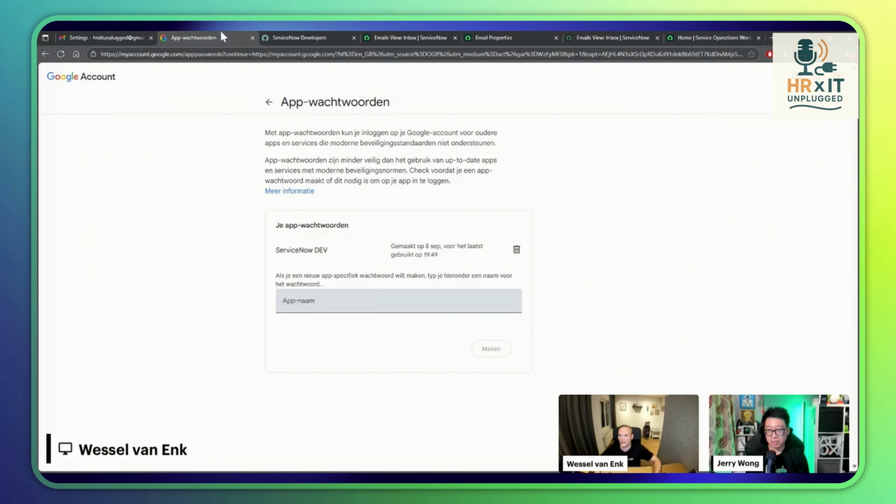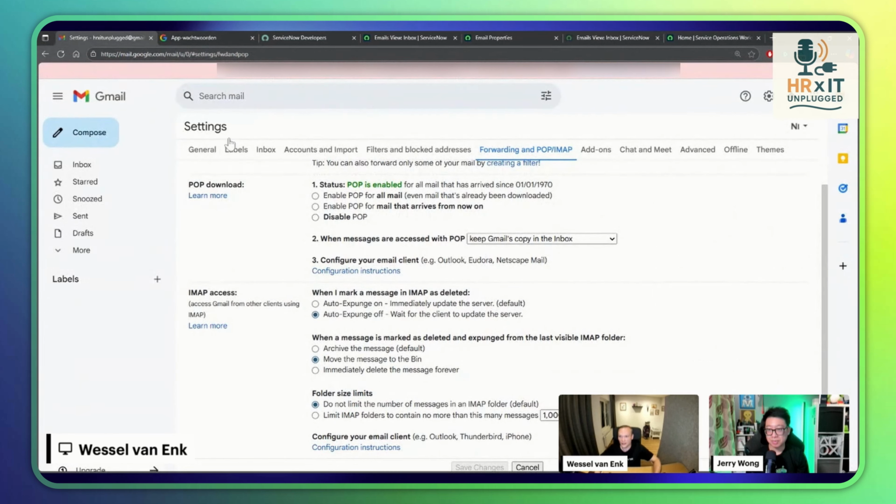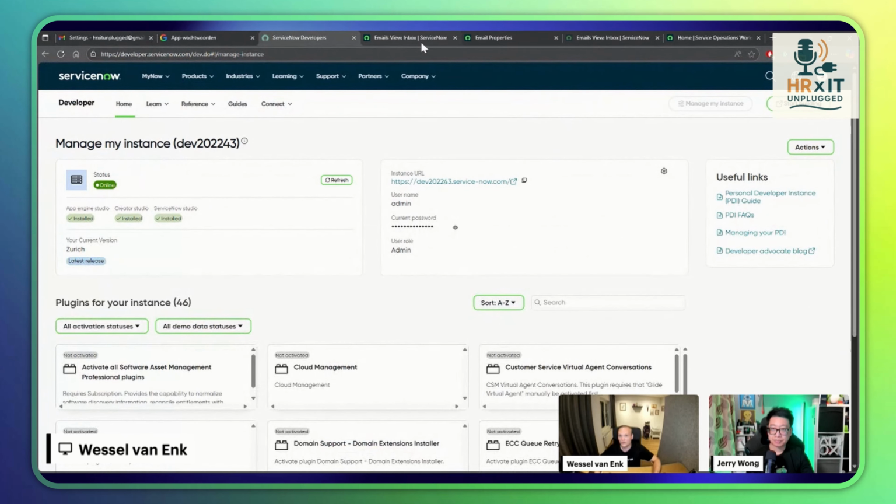Once you have all these settings in your Gmail, we can move forward to your PDI. If you have a different email provider, let's say Outlook or whatever, there are different pages online where you can find all the settings that you need for your POP3 or IMAP. If we then go into our instance,